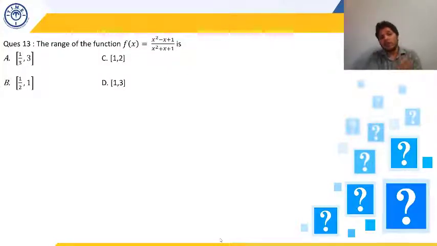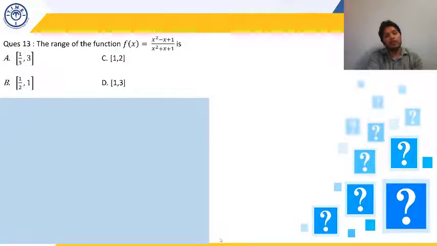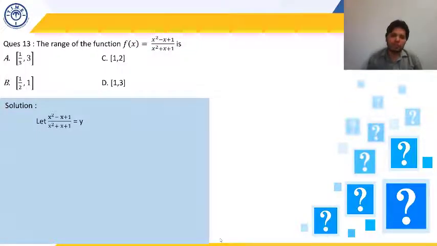So we need to find out the range of a function which is in the form of quadratic upon quadratic. If the function is given in the form of quadratic upon quadratic or 1 upon quadratic form, then we will be following a simple, standard approach which I am doing here. So how to solve it? First we will assume (x square minus x plus 1) upon (x square plus x plus 1) is equal to some y. f(x) can be replaced by y also. So we can take either f(x) or y. It is more or less the same.